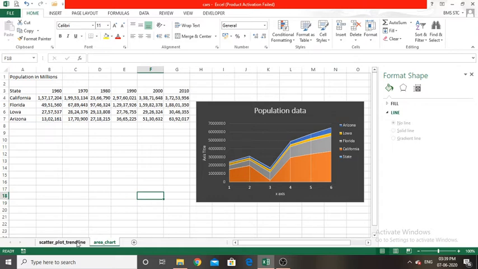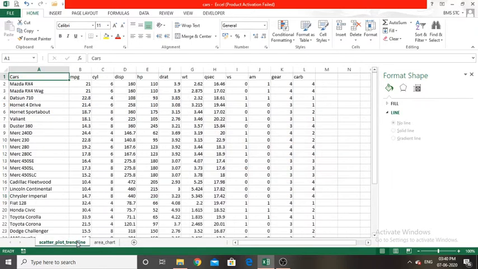So please note, before you plot an area chart, you should sort the data from largest to smallest in the given table, then plot a stacked area chart, because stacked area charts give the standard design for this kind of data. So let's move on to the next topic of today's session,